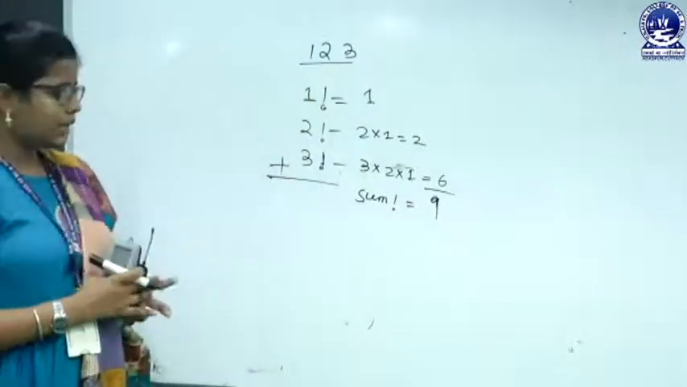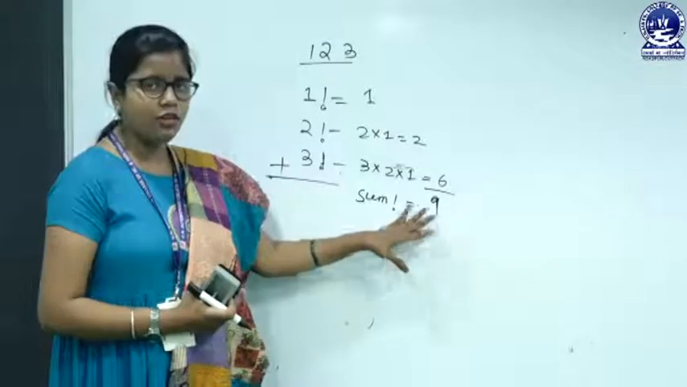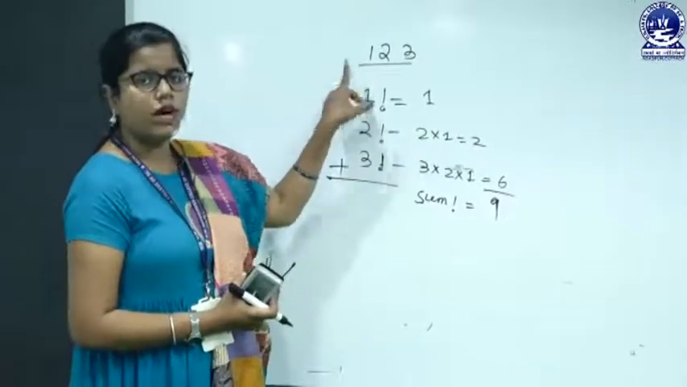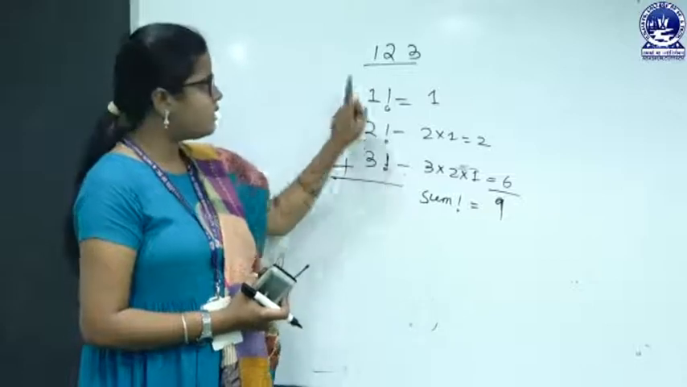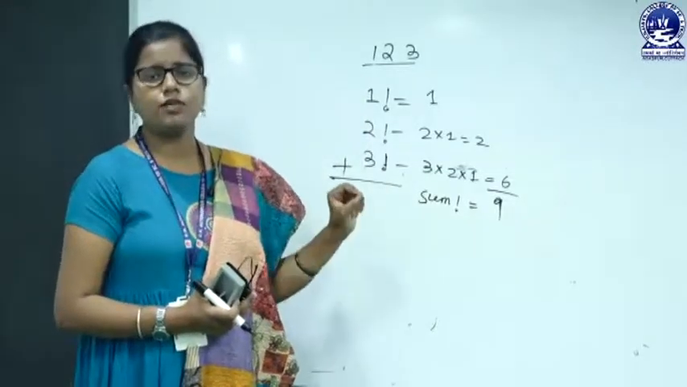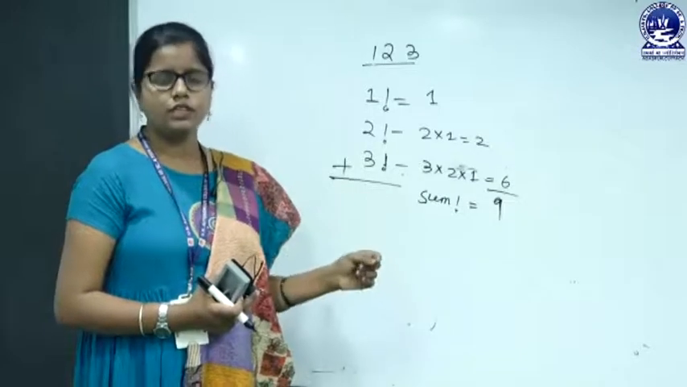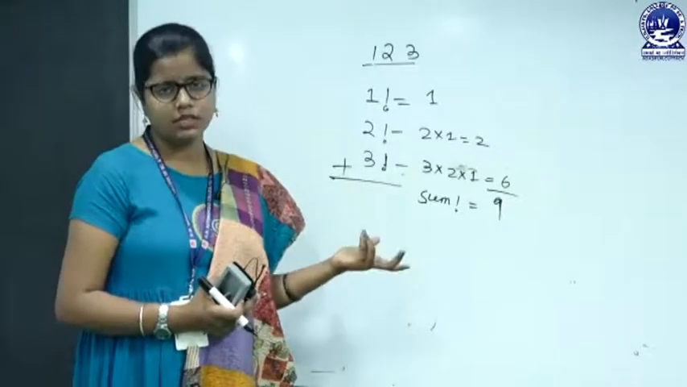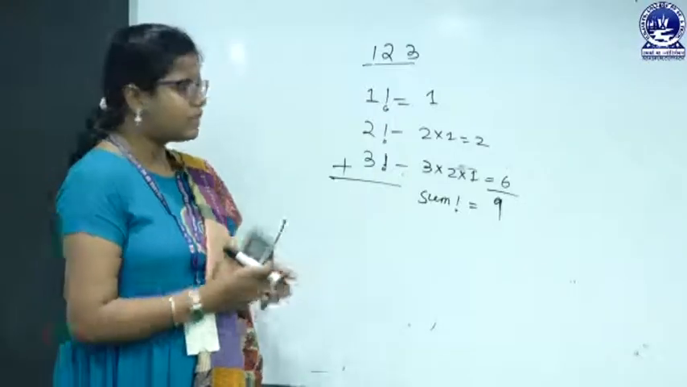The original number is what? 123. If this summation value and the original value are the same, then we can say 123 is a strong number. If it is not the same, then we can say 123 is not a strong number. That is not a strong number. For example, suppose